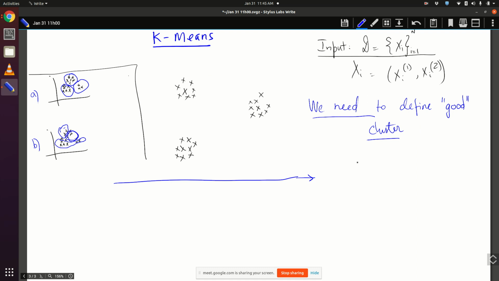So here is what I propose. I will define two things for each cluster. First is what is called the cluster center. We will define cluster centers, which are also called centers or centroids. I will call them mu1, mu2, all the way till muk, if I am interested in finding k clusters. These are the centroids. The second thing is I will also have